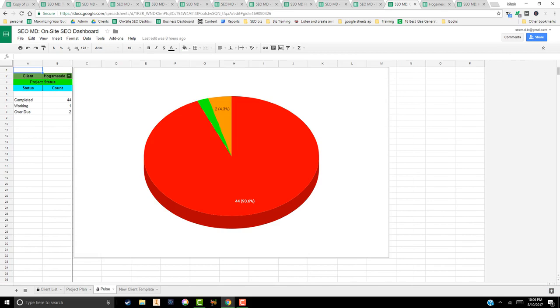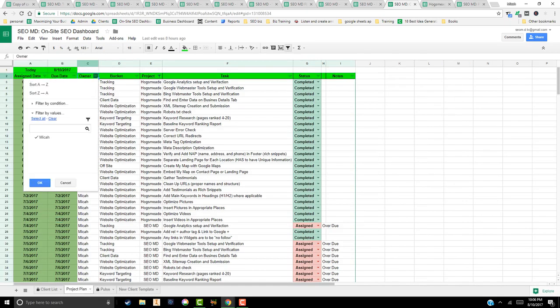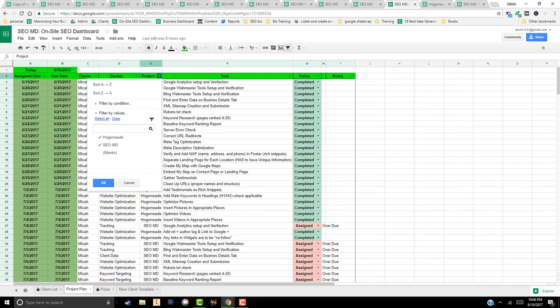I can just drop down menu, pick different clients, and I can see on here, this actually needs to be formatted a little better, where the red is the completed, so that's actually a good thing. This is just the default it goes to for some reason. But the project plan is the key part, because you can filter by who's the owner of what task, what bucket is that in, what project,